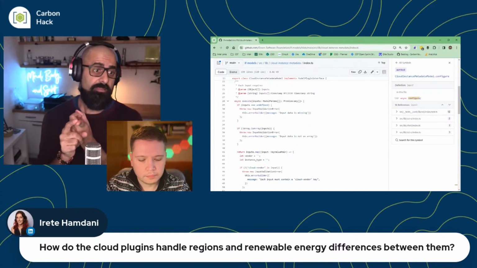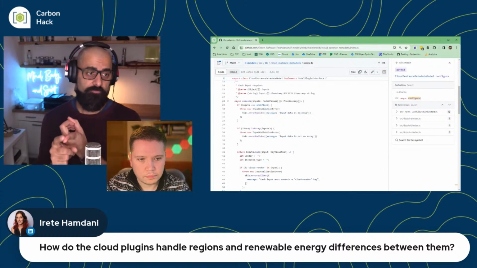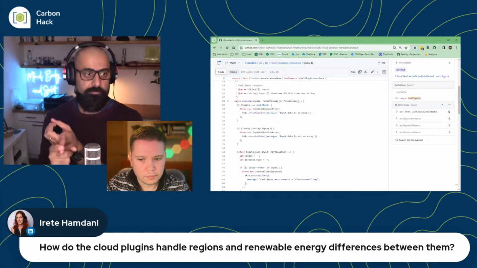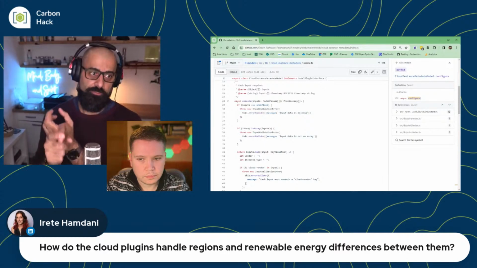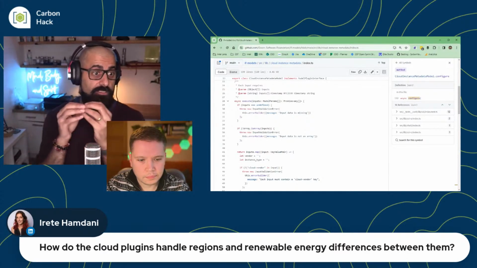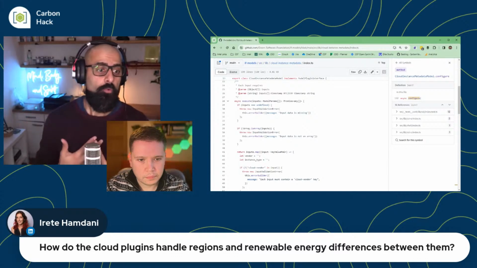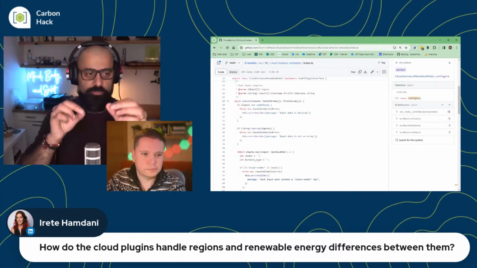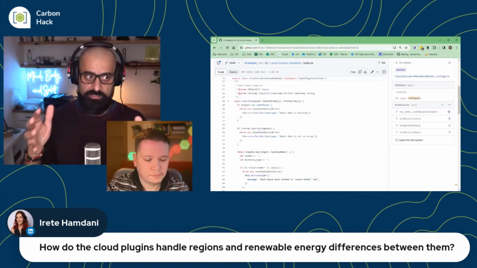If you use the WattTime micro model plugin that we've used, it uses the marginal emissions rate for your region and your time. But it's up to you. That's the thing. It's up to you to pick whatever you want. And so if you use WattTime, obviously it factors in what the renewable energy is and how clean that electricity is in that particular region.